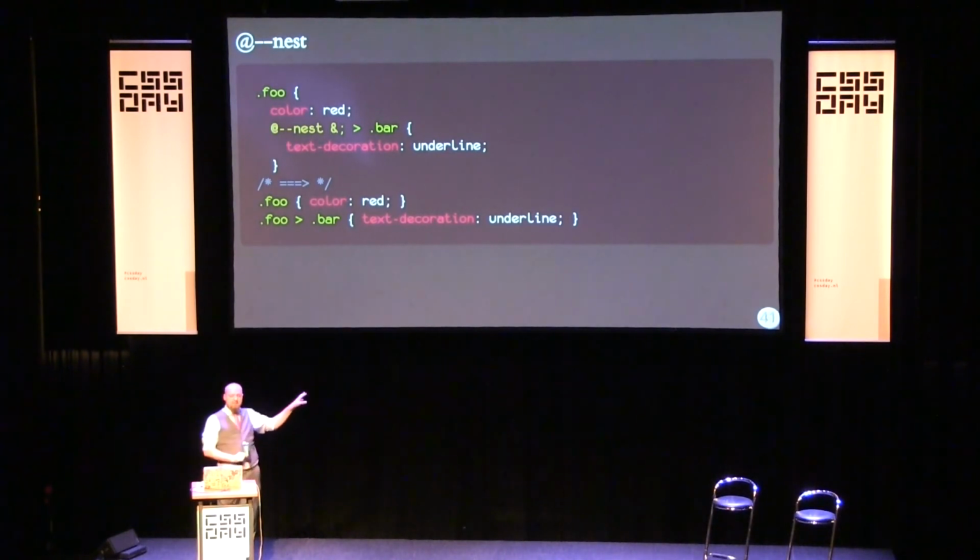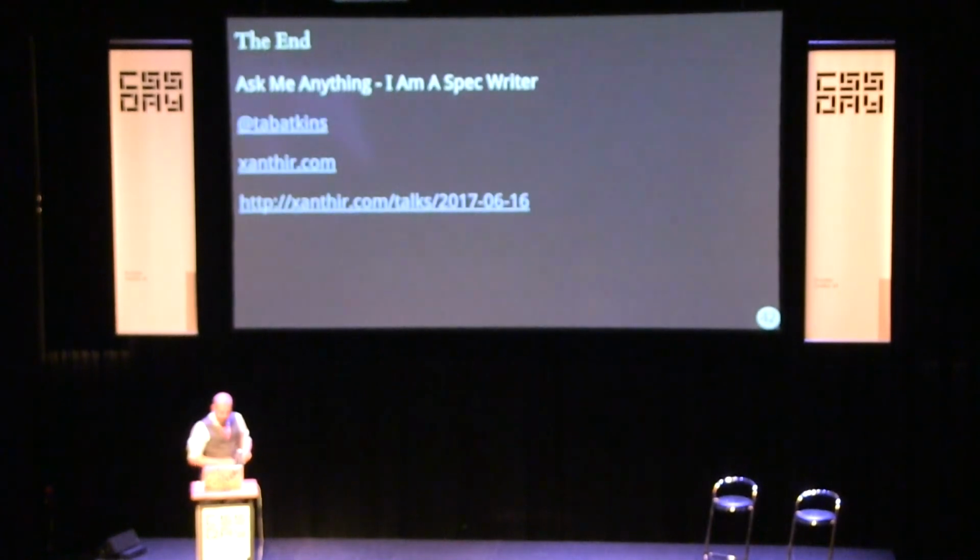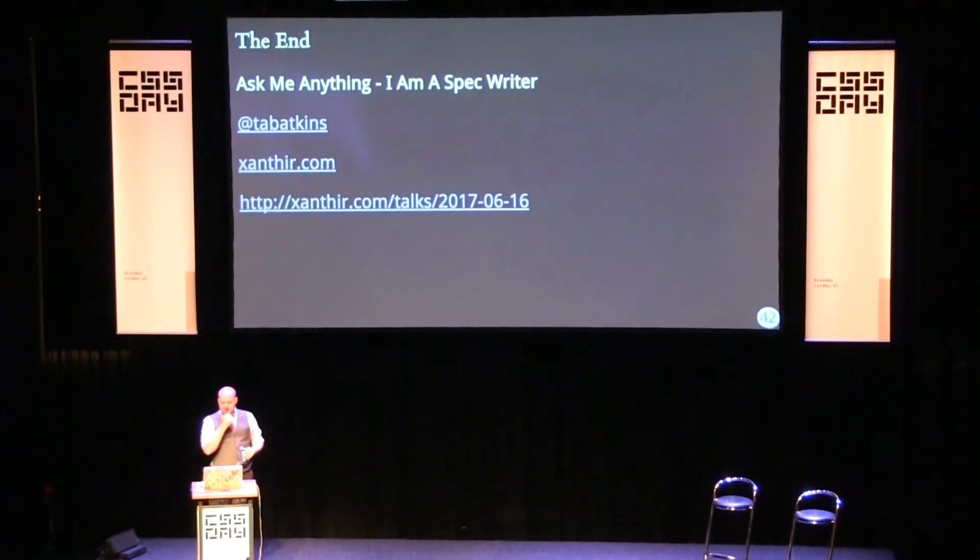So the result of this, after your JavaScript runs, is that you'll have a new rule, .foo arrow .bar, that's just the result of substituting the ampersand, and applies it in normal CSS style. And with 2.5 minutes to go or so, that is the end of my talk. So we can move on to Q&A now.